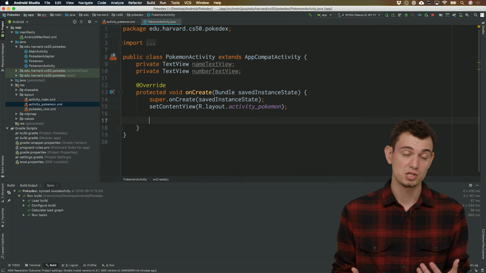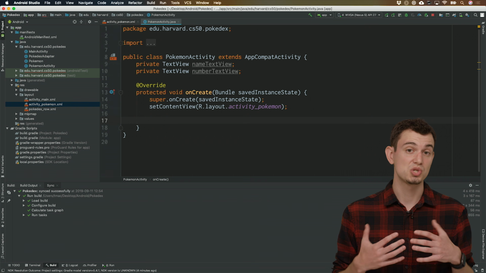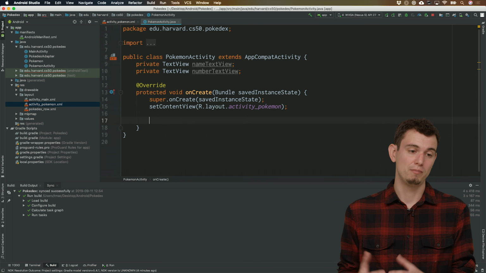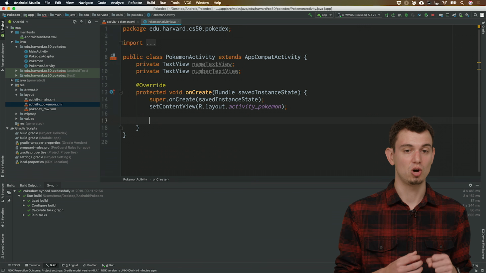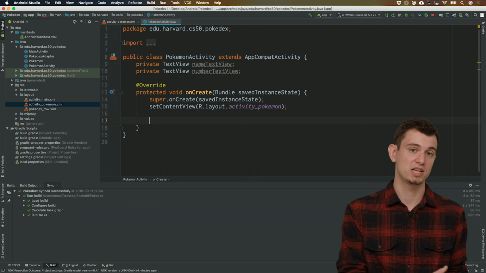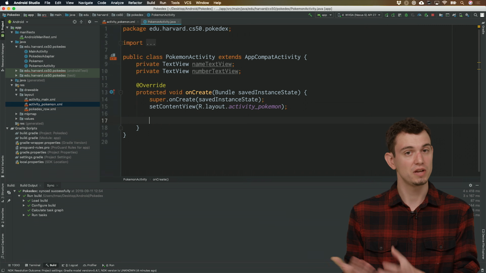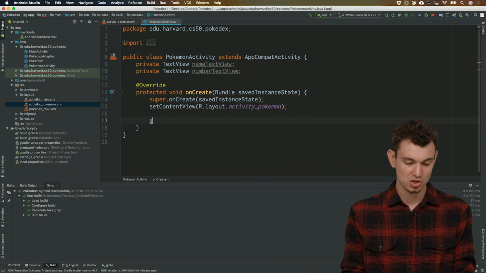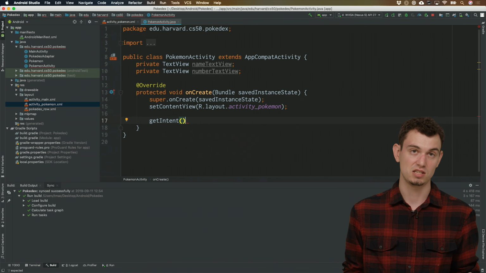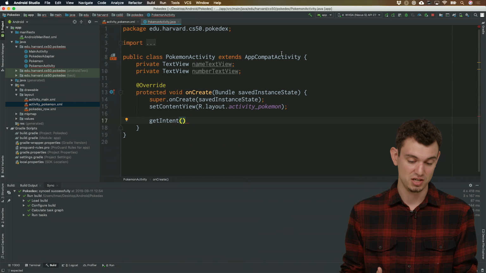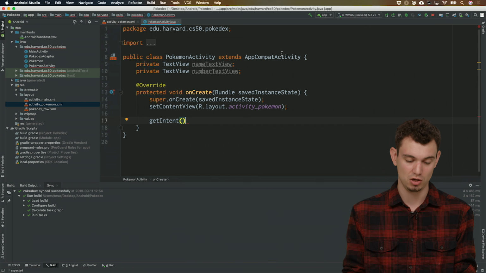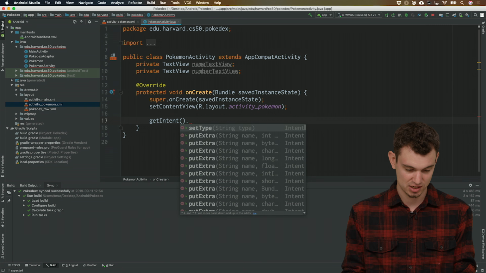And so now inside of onCreate is where we want to set those values. So to get those values, remember that we're going to use the special object called an intent. An intent is how we're going to pass data from one activity to the other. So let's write this second half first. To get the intent that started this activity, you just have to call getIntent. And this is a method that's defined somewhere in AppCompatActivity. And so we can just use it. So we can say getIntent and